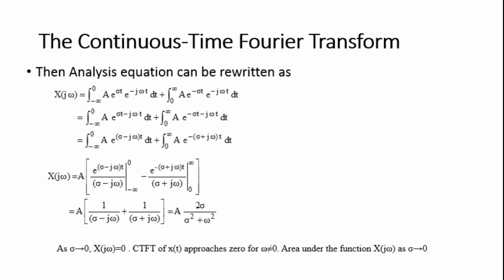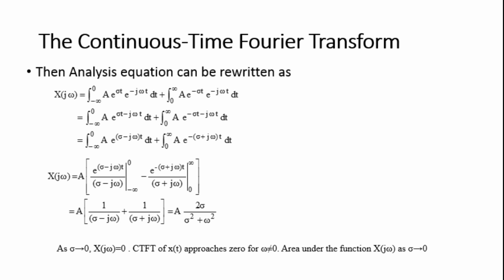Then the analysis equation can be written as X(jω) = ∫ from −∞ to 0 of A e^(σt) e^(−jωt) dt + ∫ from 0 to ∞ of A e^(−σt) e^(−jωt) dt, which is equal to ∫ from −∞ to 0 of A e^(σt − jωt) dt + ∫ from 0 to ∞ of A e^(−σt − jωt) dt, or ∫ from −∞ to 0 of A e^((σ − jω)t) dt